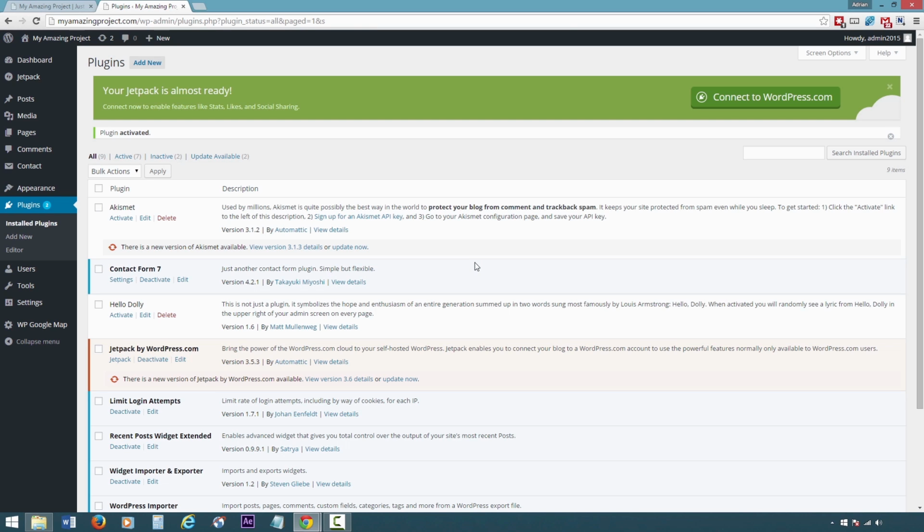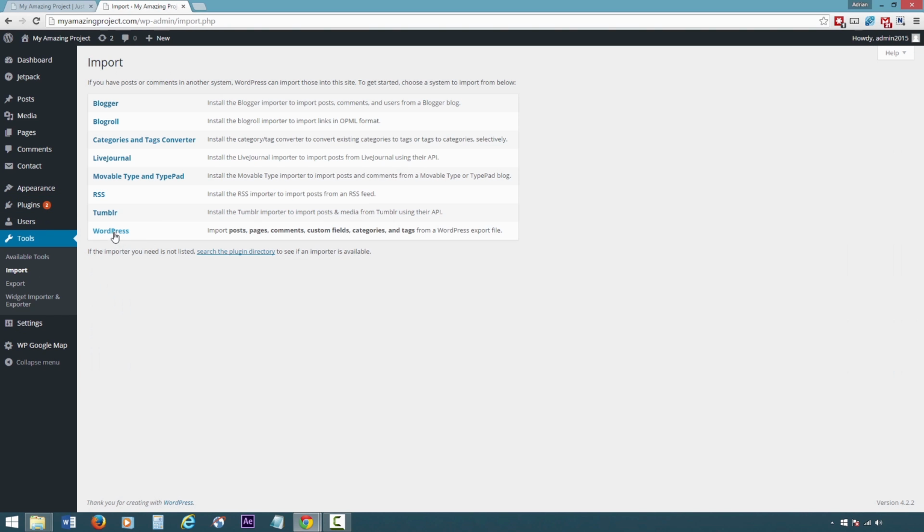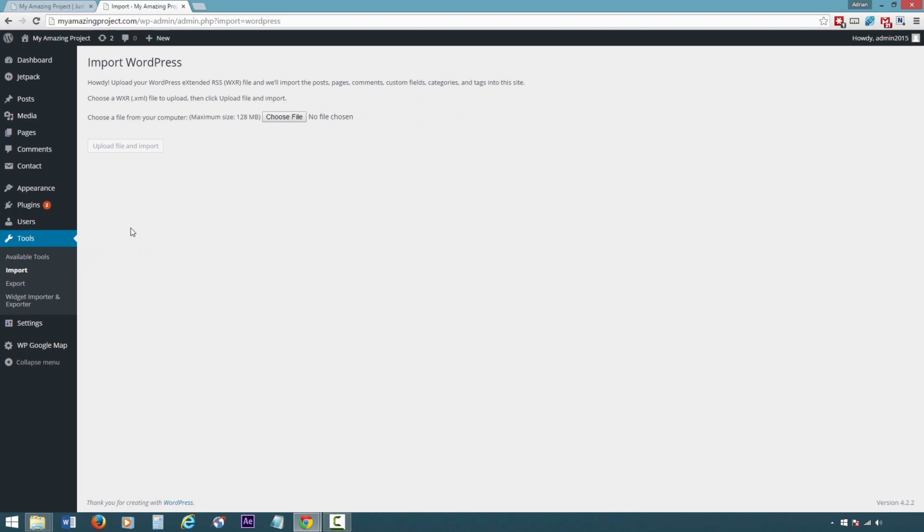We've reached the point in which we are ready to import the demo content we talked about earlier. To do so, go to Tools, select the Import option, and then WordPress. Click on the Choose File button, select the file we want to import, in this case,